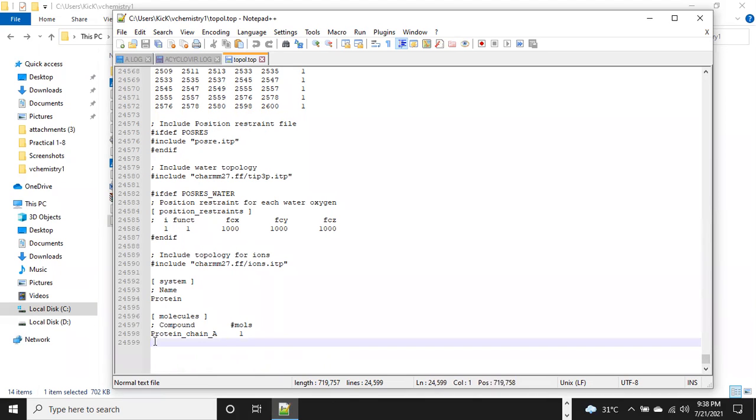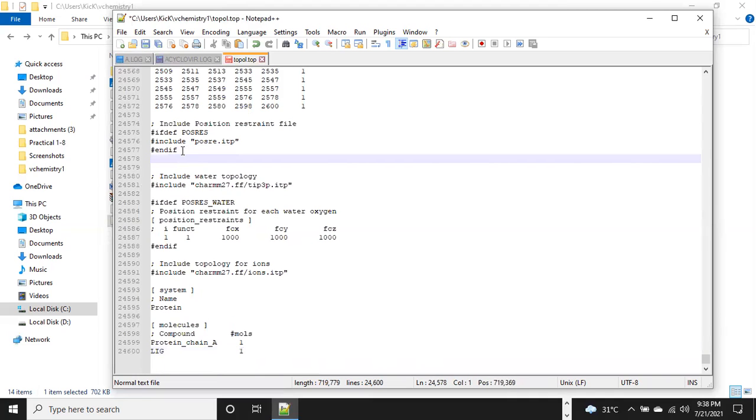Finally, we need to add here a line that is LIG for ligand, put a space, and how many ligands are here? 1, that's why we are putting 1, and include the topology file before the water topology parameter.